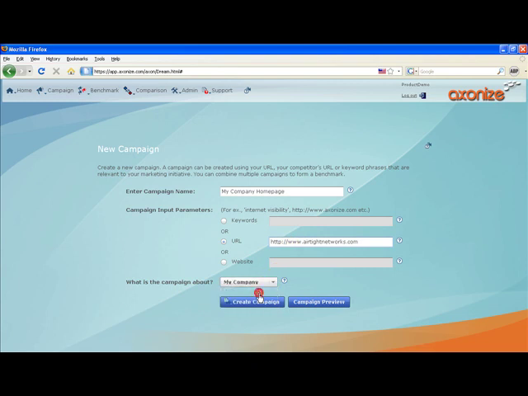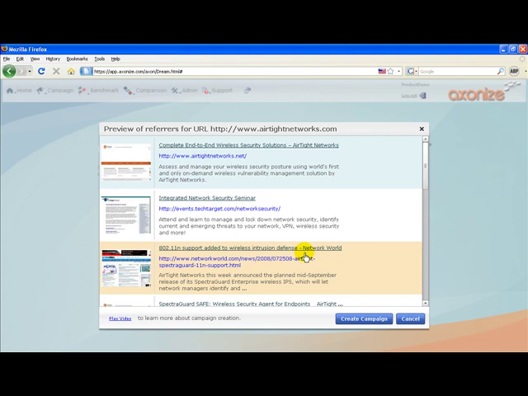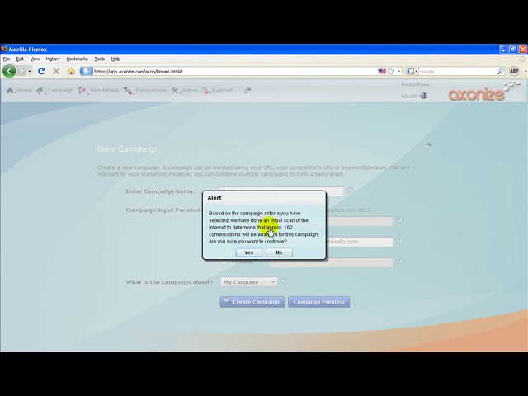We select the campaign type to be once again my company, and then we click on campaign preview to preview the results. Once we are satisfied with the result quality, we click on create campaign. This once again starts an estimation of the number of web pages which are linking to the homepage of airtightnetworks.com.